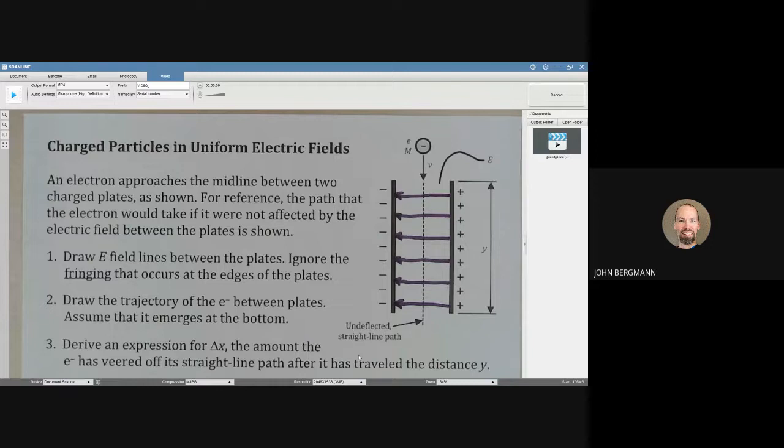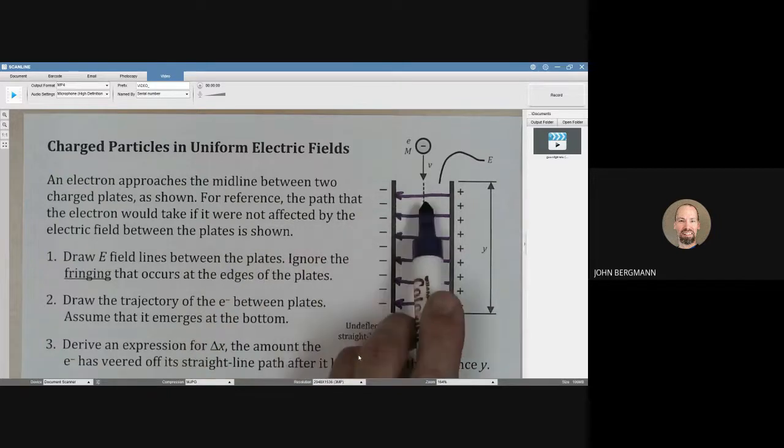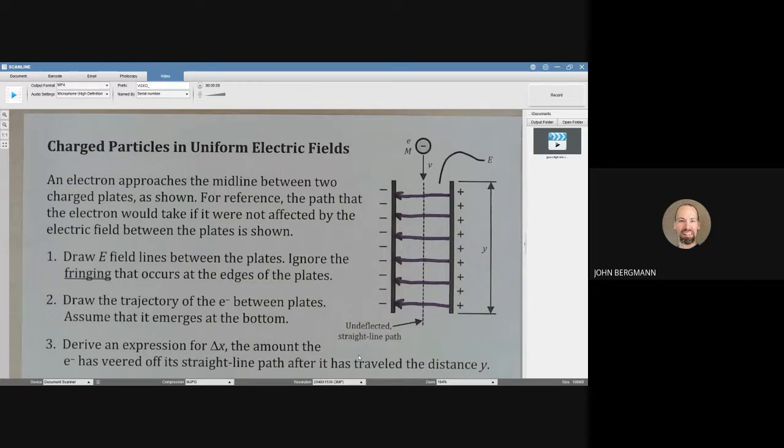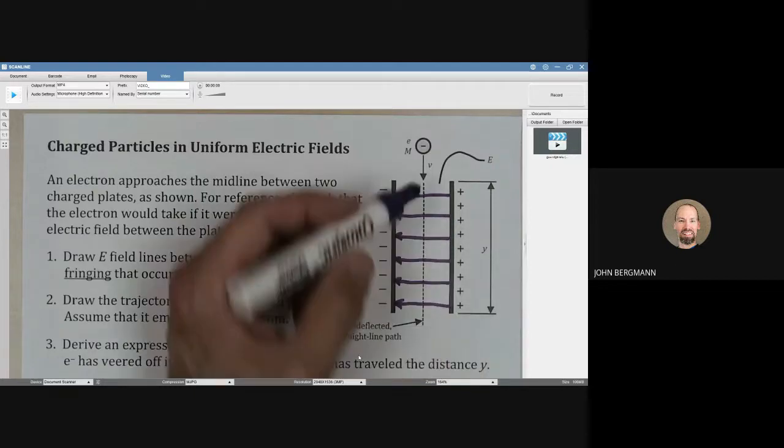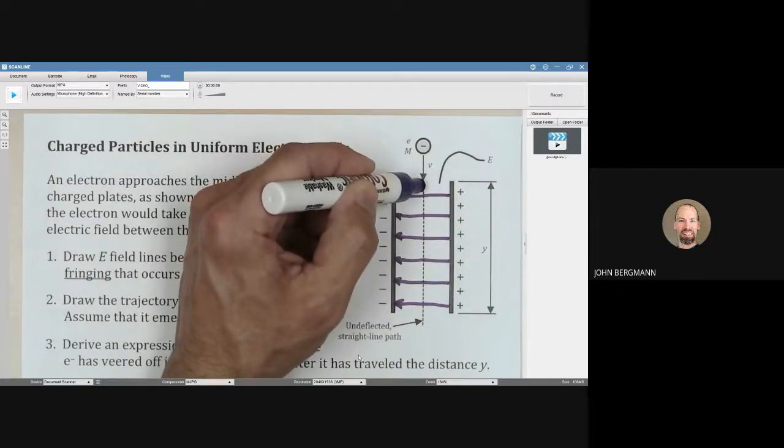It's not going to go straight. What is it going to do? There are a couple ways you can think of this. When it enters this electric field, it's going to experience a force opposite the field lines. That's one way to think of it. Another way to think of it is it's going to be attracted to the positive and repelled from the negative. Its trajectory is going to look kind of